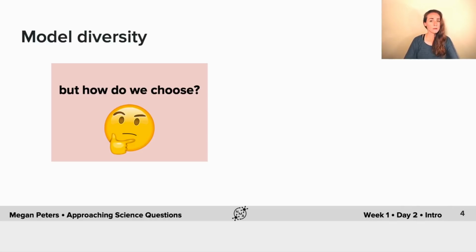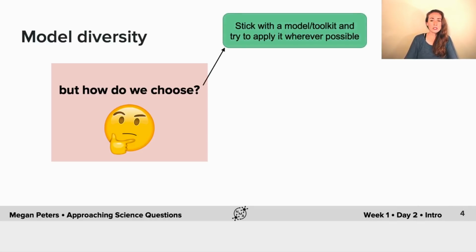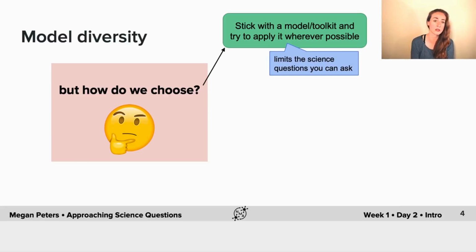So the first option that I might pick is that I could choose a type of model or toolkit and try to just apply it all the time, whenever possible. So of course, this means I get really good at this particular type of modeling. But it really seriously limits the types of questions that you can ask. So for example, let's pretend that I absolutely adore optimal control theory. It's the best, it's my favorite, I want to use it all the time. But if all I do is optimal control theory over and over and over again, I might really end up painting myself into a corner. I become a one-trick pony. I'll limit my impact, the progress that I can make in science, and so on.